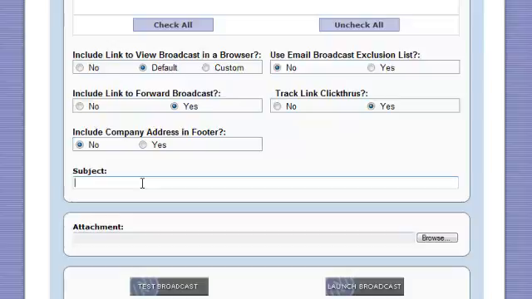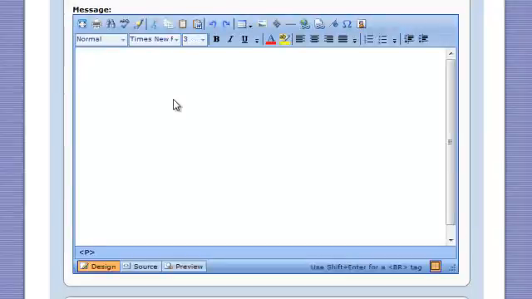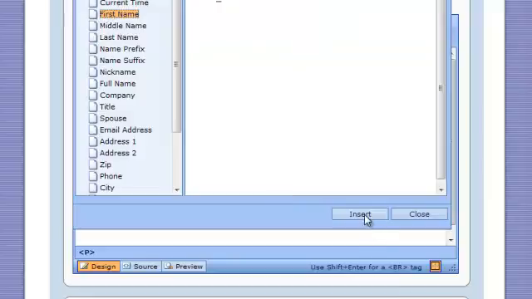And then in this case, we're going to create a title. And in this title, we're going to put something interesting here. So I'm going to place a new tutorial on managing communication with your contacts. Okay, very simple. And let's go in with the message. I'm going to write this message, dear, and let's use our snippet, and we're going to go ahead and just say first name, insert, close,